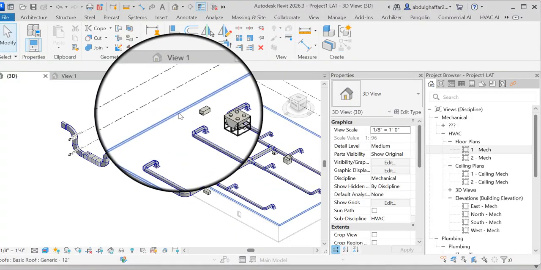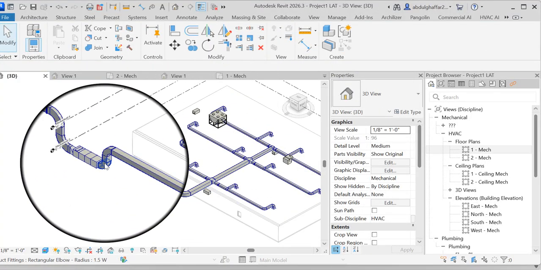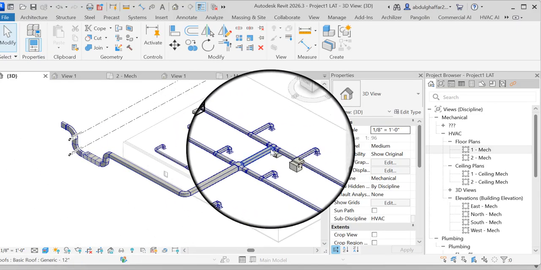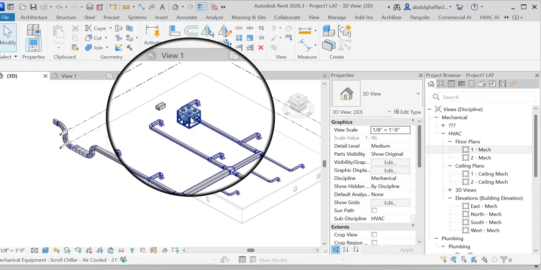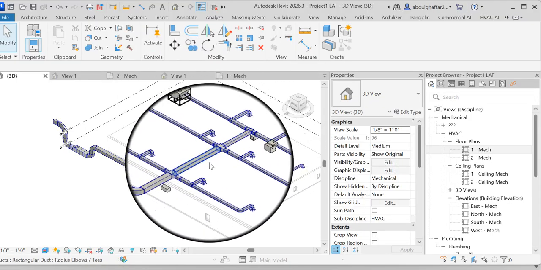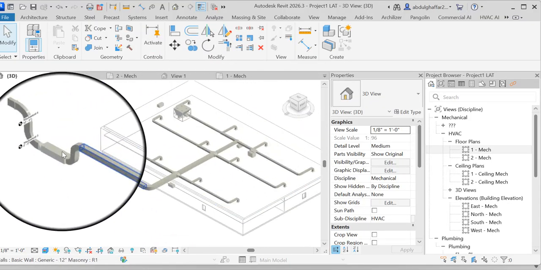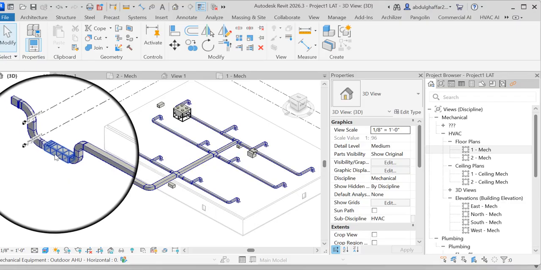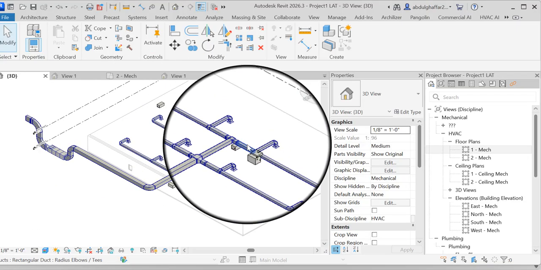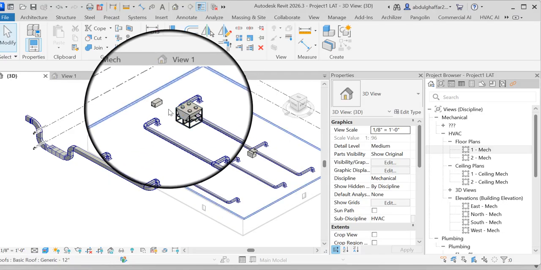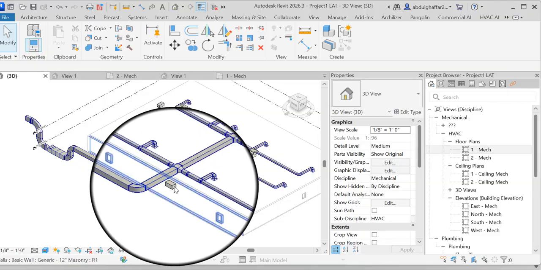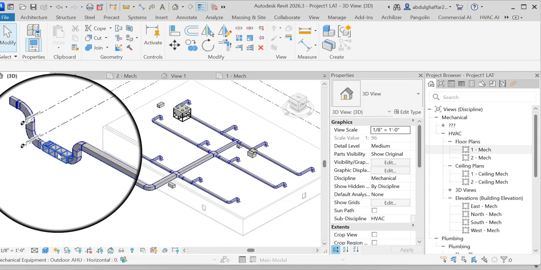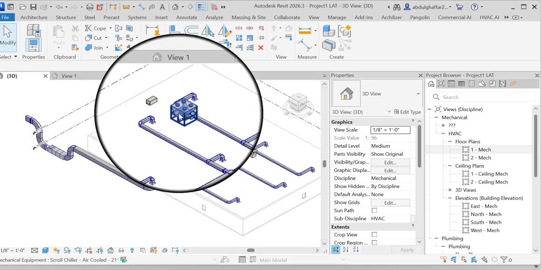So now we are moving to the next step. In this step we can connect all these fan coil units with this chiller and boiler. In the first step we connect all these fan coil units and this air handling unit with this chiller. The process is that the water that goes out from all these fan coil units and this AHU then goes to this